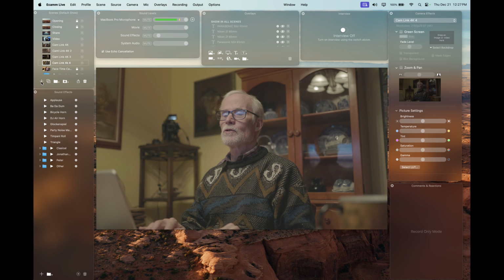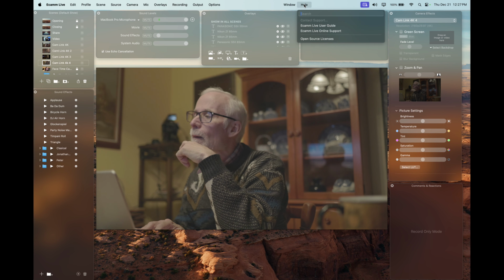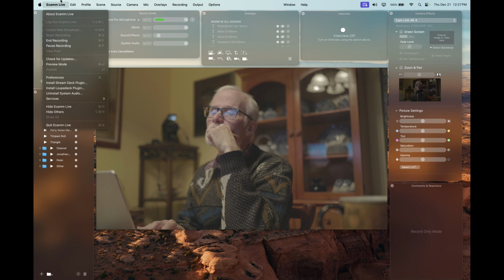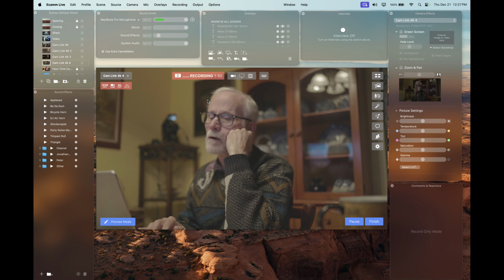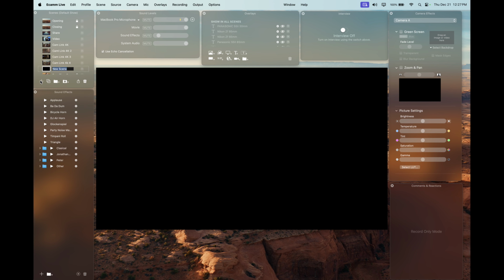So if you move the cursor over here to Ecamm Live Pro, and this is version 4.1.7. All right. So I'm going to add a camera, and I'm going to call it